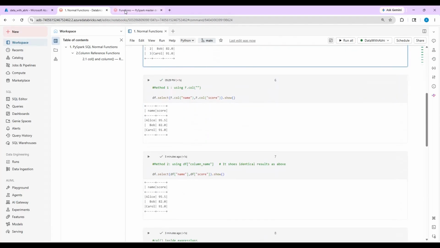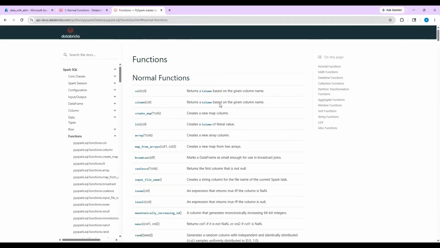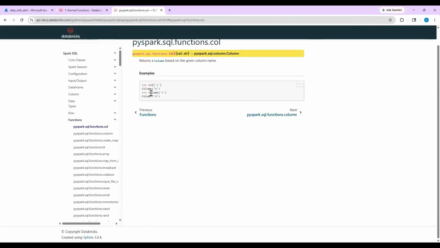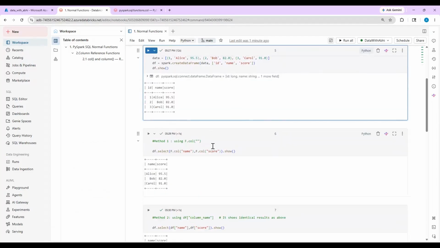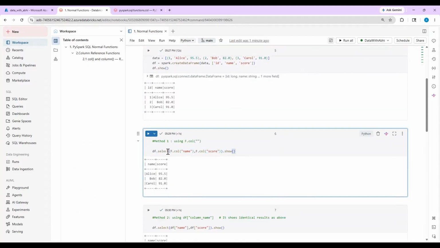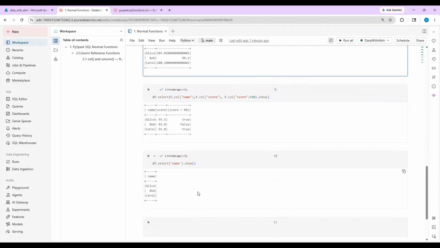For more, you can see there is an API docs Databricks guide for this function. You can come and see here. If you click on this normal function column, it shows how we are able to get that data using this function. They have mentioned some top-level description, but I'm telling you in a very detailed manner so you can easily understand this. This is how it works in the production environment, in development as well. We can utilize different methods. There are company standards and practices they have built,